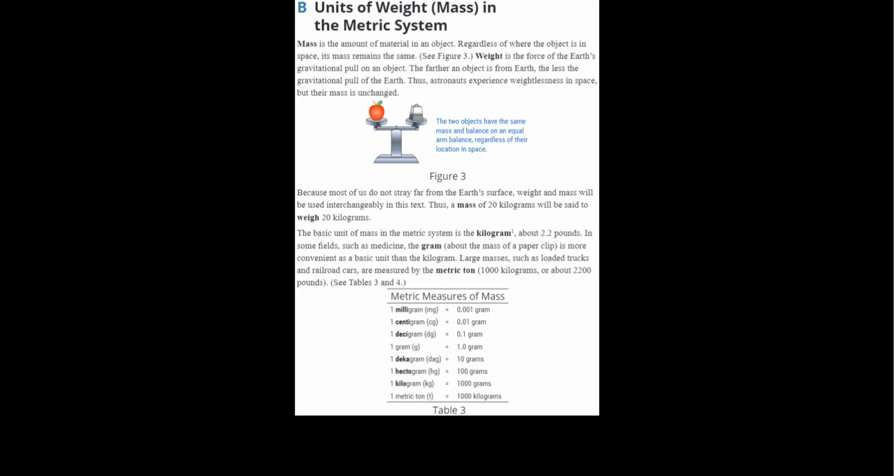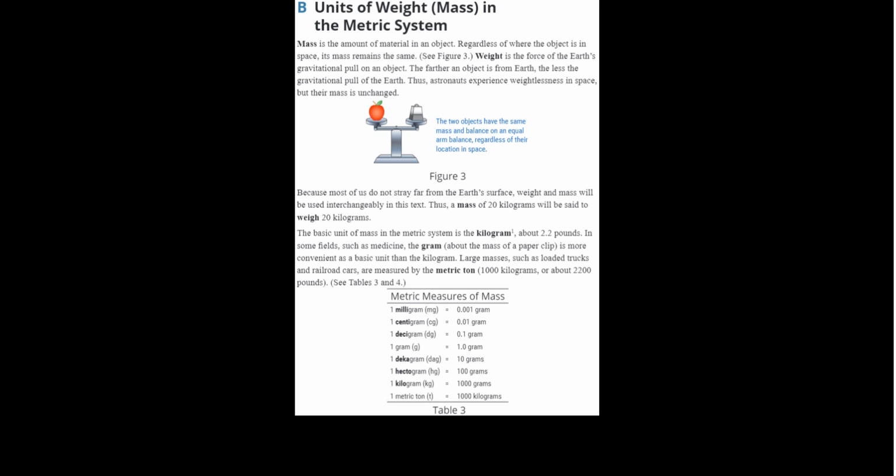Okay, so looking down here, the gram is the unit of measurement, and the smaller we go, deci, centi, milli, we get to, again, the same thing as 0.1, 0.01, 0.001, and then deca, hecto, and kilo, same thing, 10, 100, and 1,000. And of course, a metric ton is 1,000 kilograms,